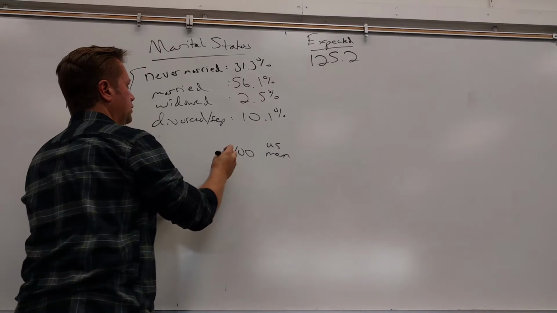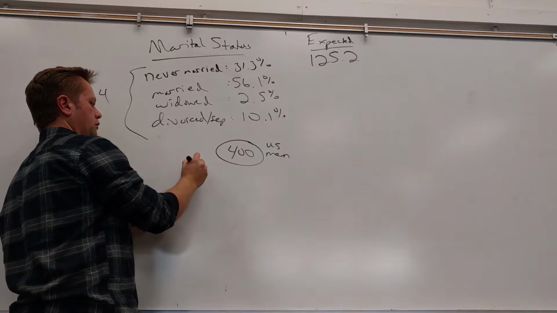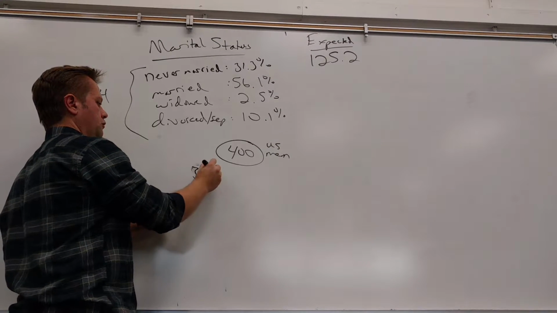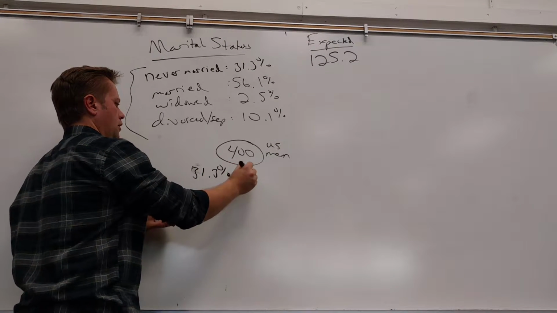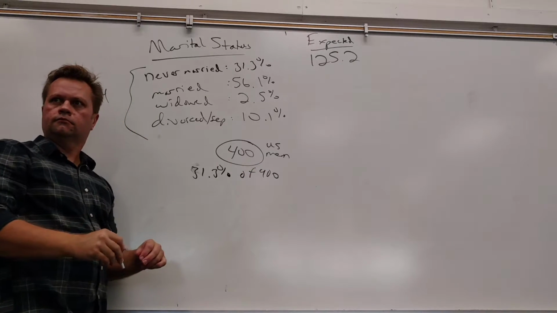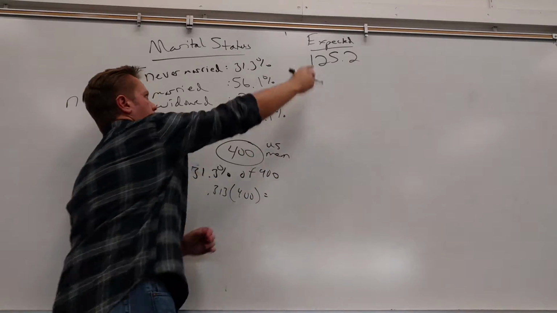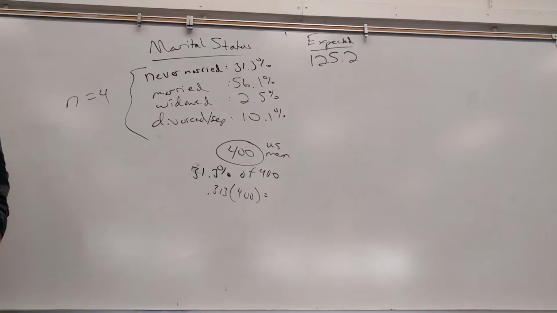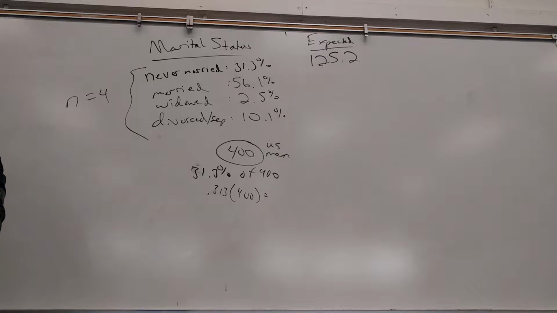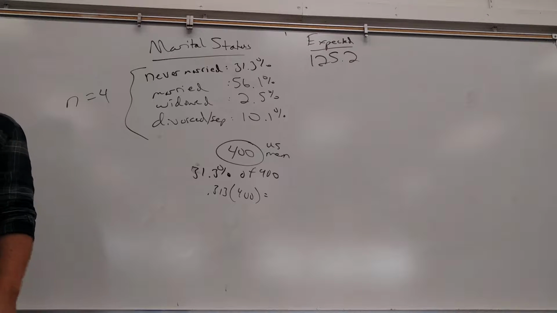So how did I get that? There's 400 men. I'm looking at the 31.3% of 400, right? 0.313 times 400. And that's where I got the 125.2. Why are we okay with the 0.2? Is there a 0.2 dude? No, because that number is an